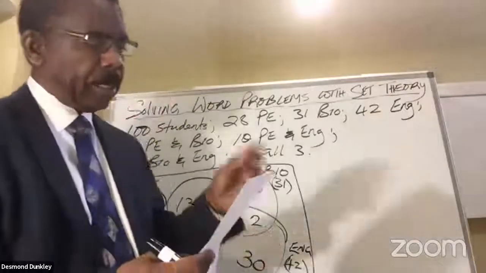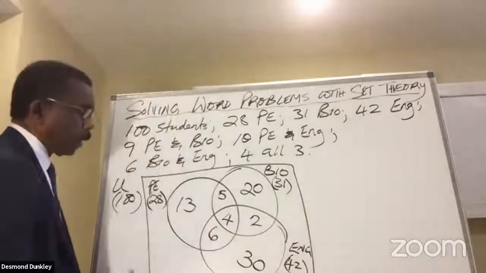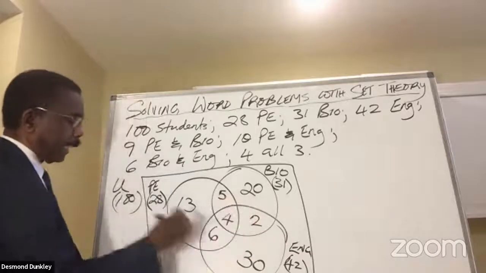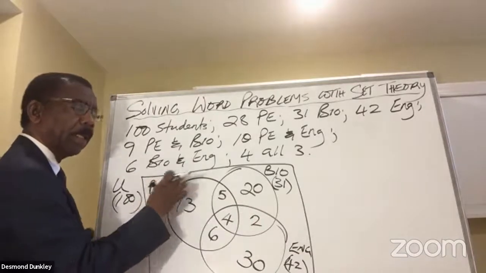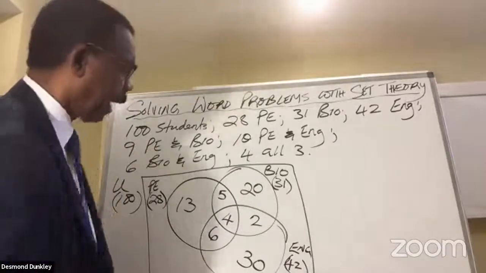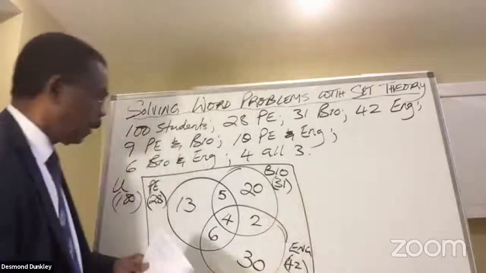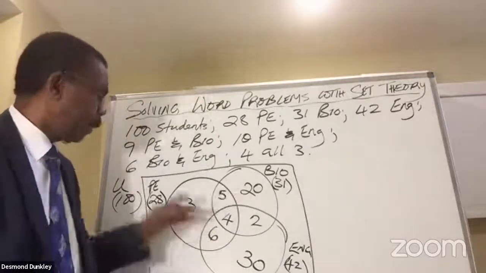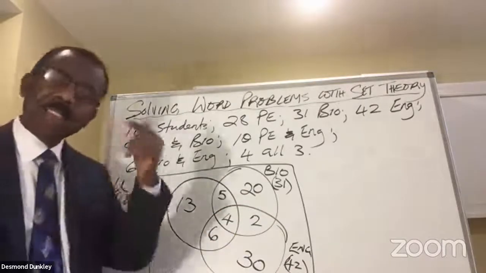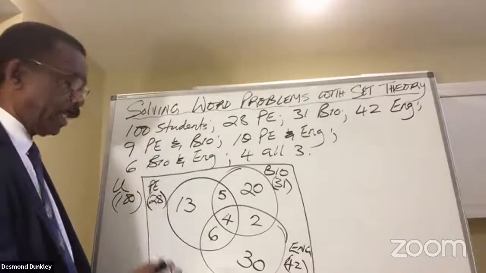The question that is asked is, how many students took none of the 3 subjects? So when you find the total of all that's here, it will tell you how many of them took PE, Bio, or English, or a combination of the 3. If you're looking for the students who did not take even one of them, whatever total we get for the union of PE, Bio, and English, we subtract it from 100, and that will be the number of students who took none of those subjects. So the quickest way to do this is